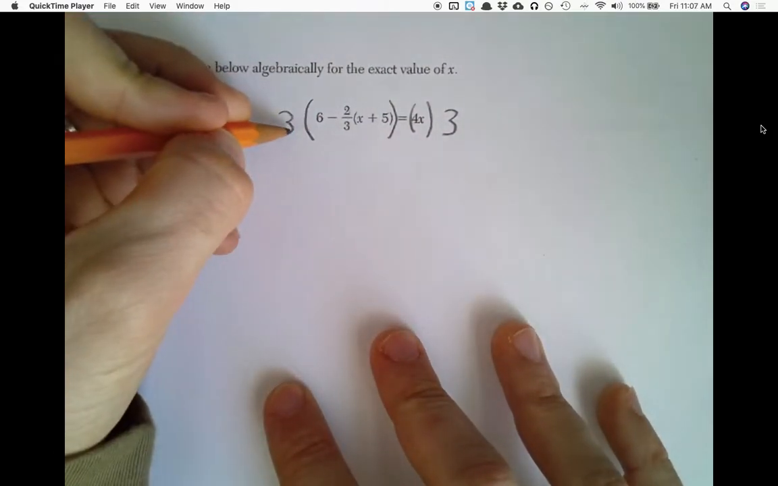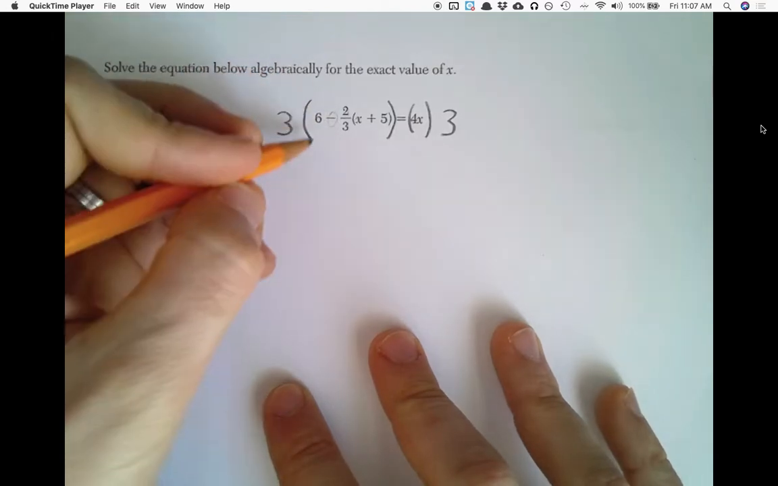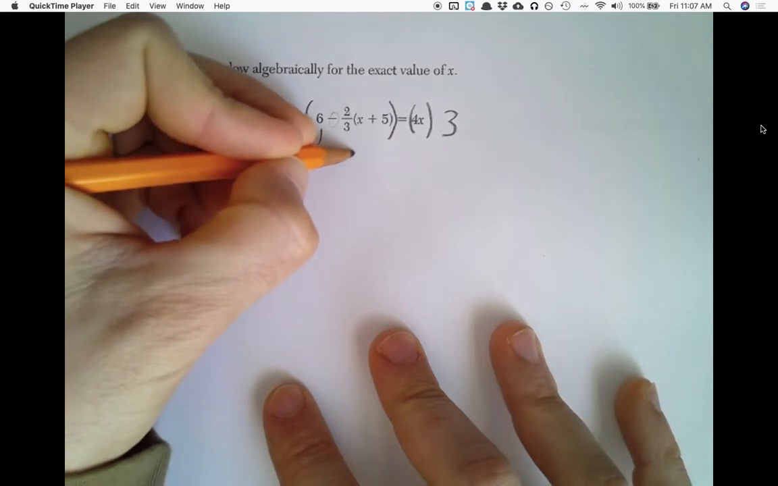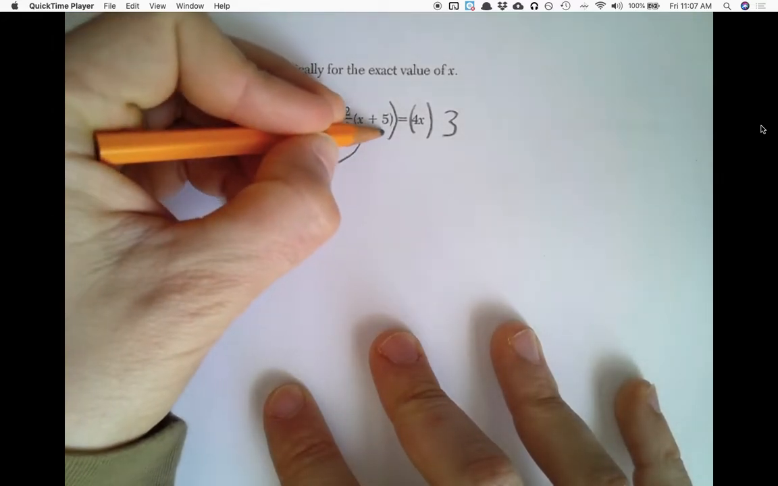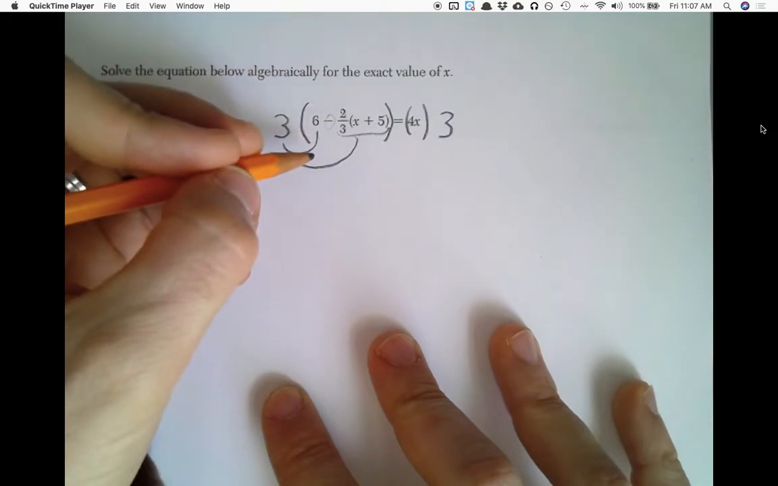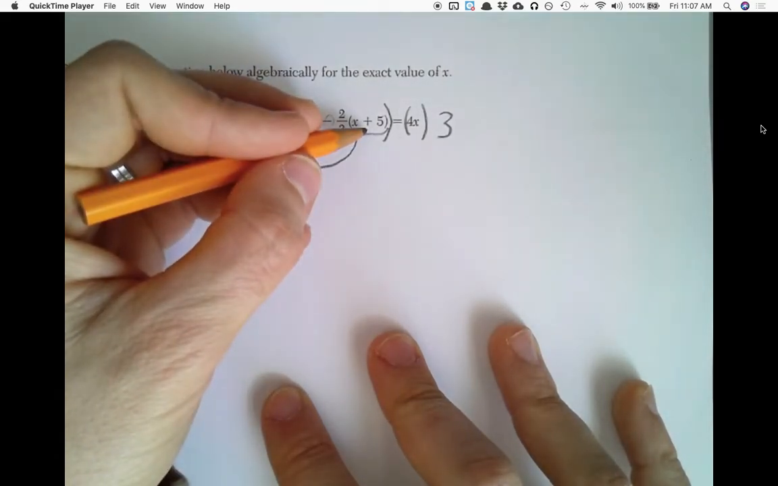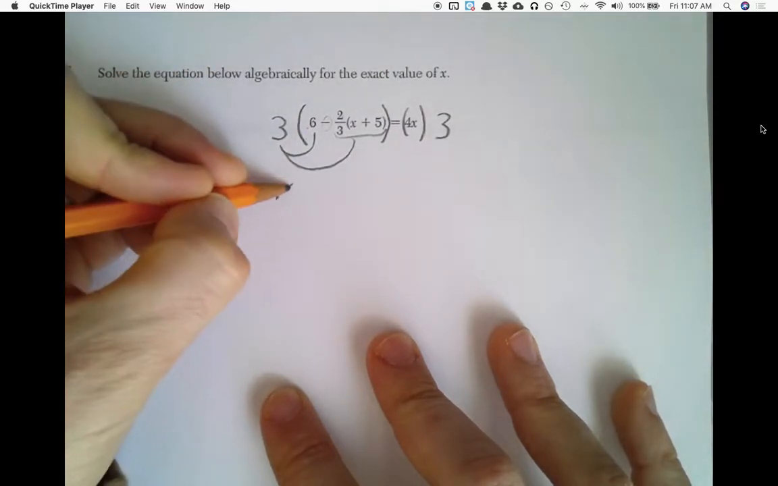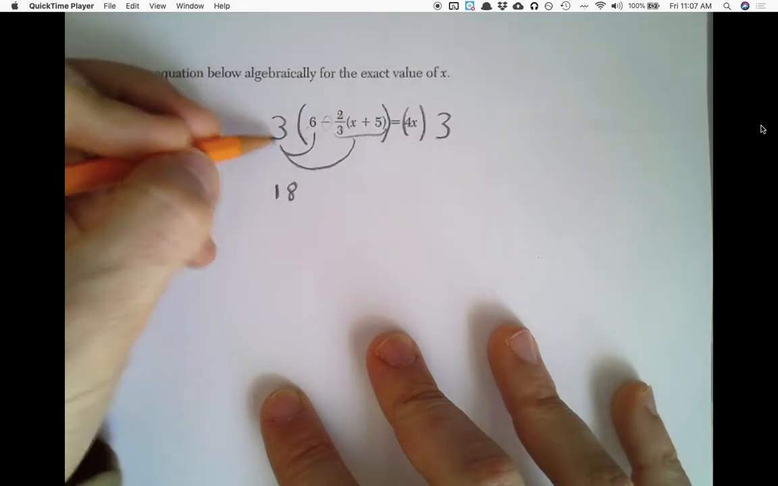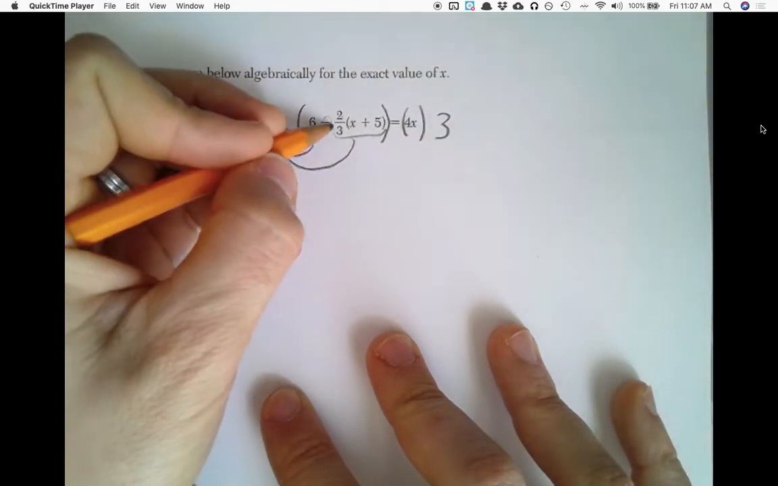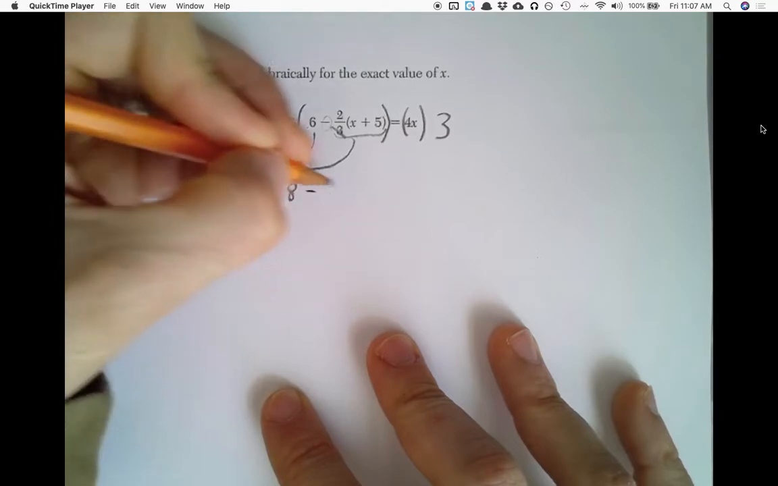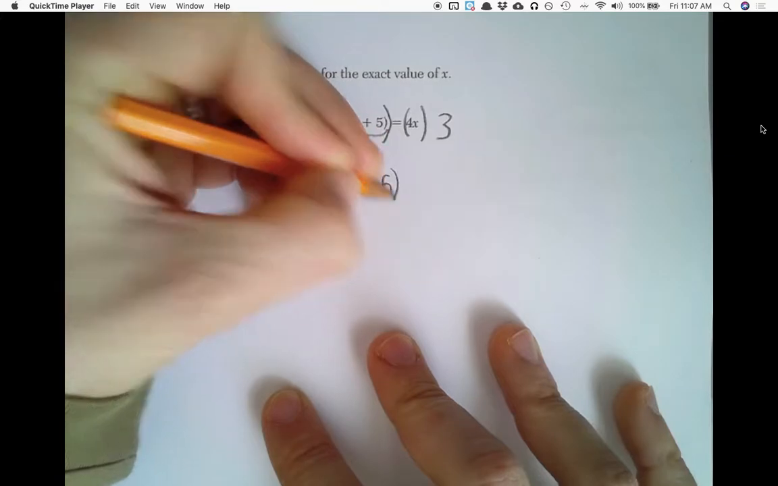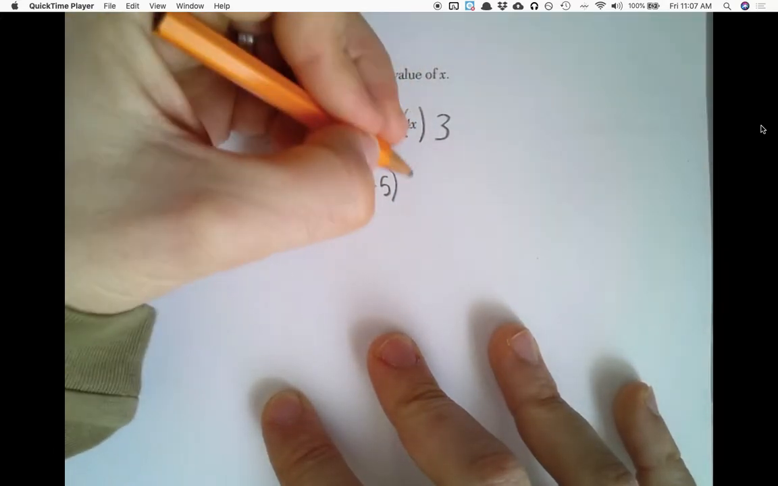Okay, because I have this minus sign in front of the parentheses here, it's going to tell me to distribute the 3 to the 6 and the 3 to this whole other term on the other side of that minus sign, right? I don't distribute into inner parentheses. I just distribute to every term in the parentheses. 3 times 6 will get me 18. The 3 on top here will cancel with the 3 on the bottom there. So I'm left with 18 minus 2(x plus 5) on the left side, and then 3 times 4x is going to be